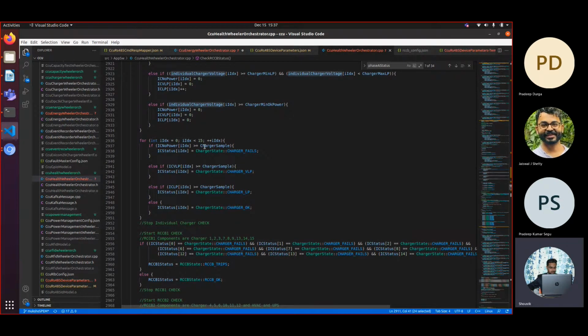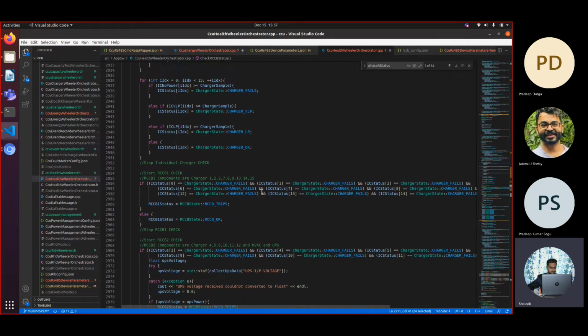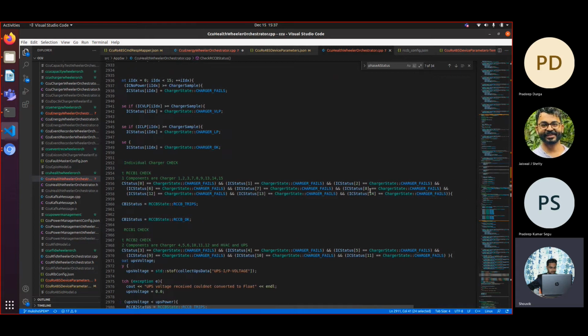On the basis of that, the charger samples: currently we are having three samples for each charger. If the event occurred more than three times, we are declaring the result, like charger failed, very low power, low power, or okay. Then we are checking for the group 1, 2,